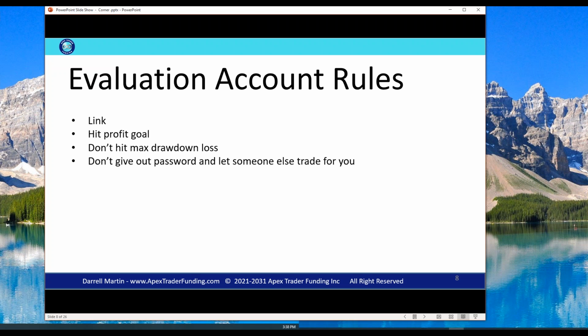You know, so don't give out the password to someone else. If I'm going to fund you, I want you to be trading it. And I want you to trade for 7 days minimum. Why do you think Steven might want me to trade for 7 individual separate days? Because anyone could go luck out and happen to make X amount in one trade, right? That doesn't mean anything, does it? But if Steven can see me trade over 7 different distinct individual trading days with different market environments, see how I react to that, how I respond to that, that I'm consistent, he's going to feel a lot better about giving me access to his live money, right?